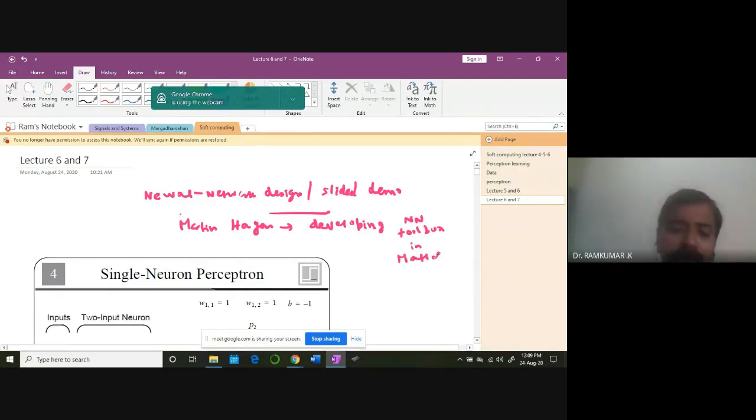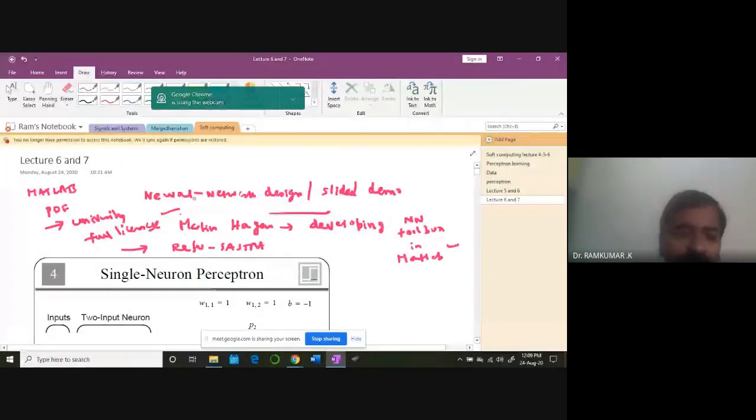If you visit his website, you can go through the neural network toolbox in MATLAB, and there is MATLAB command documentation, in PDF format, that you may get. Our university has a full license, so you can access MATLAB and collect data. If they ask for any permission, you can refer to our university's name, because we have paid money and the university is fully covered under this scheme. Anybody, all students and faculty members, can access both the online version as well as the offline version of MATLAB.